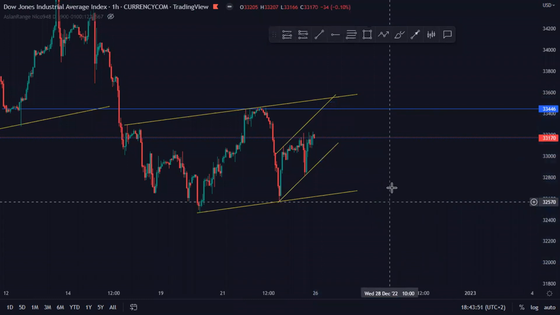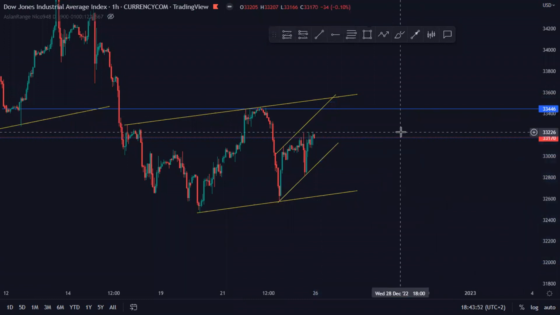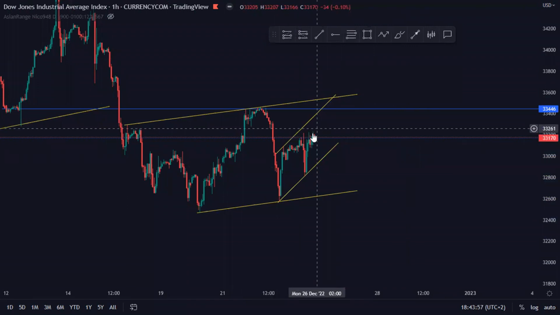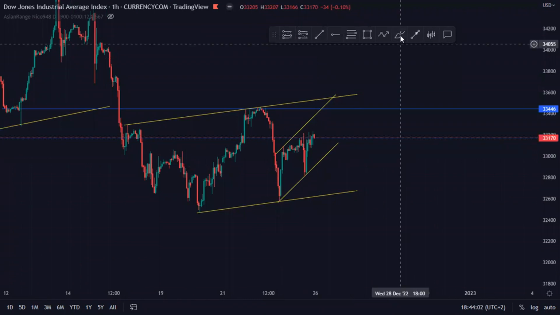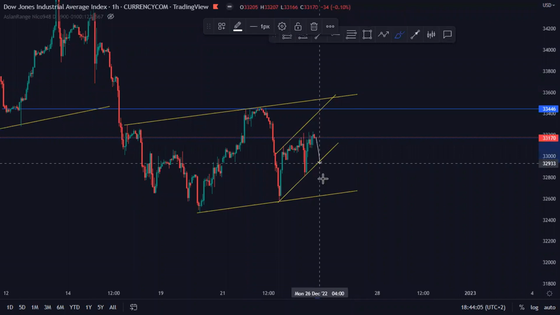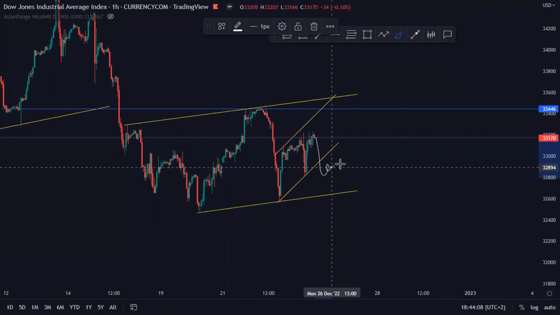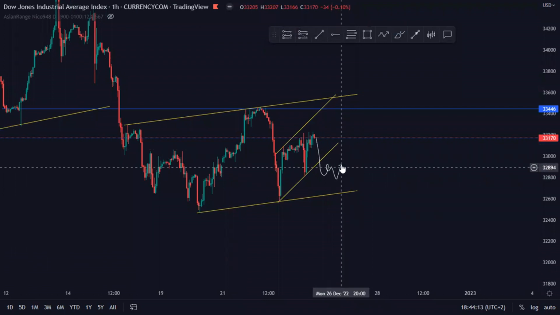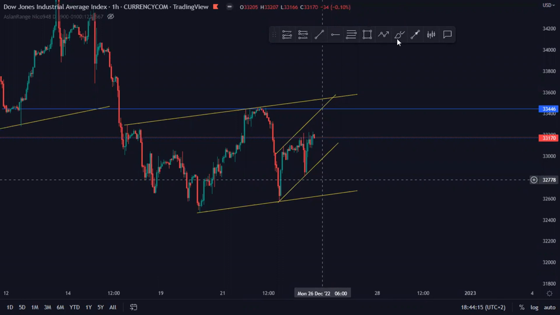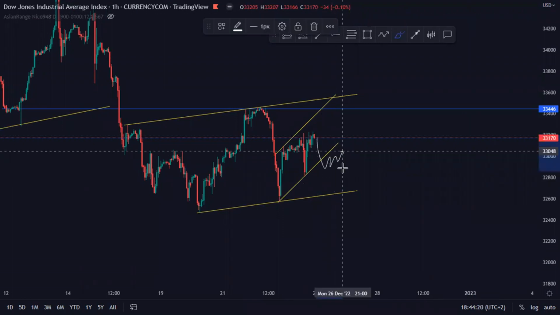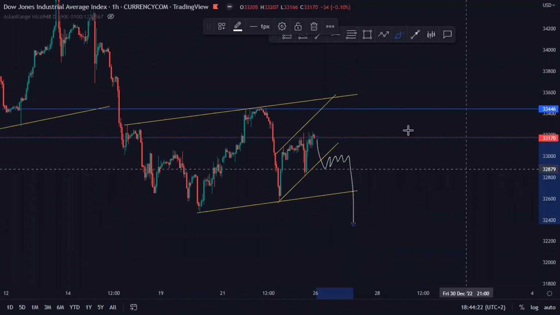Nothing much, nothing less. But if it falls from here again, where it is currently, then we will simply wait for the first continuation flag. As usual, just wait for the first continuation flag. It has the highest probability of playing out, so just wait for it and then you can take it from here to the downside. So with that said,